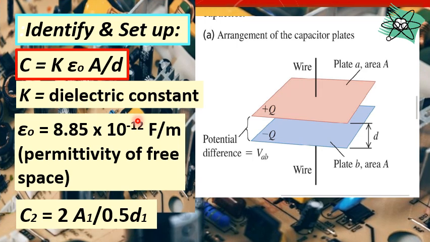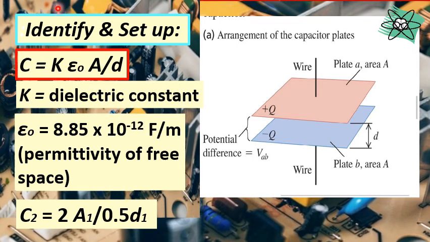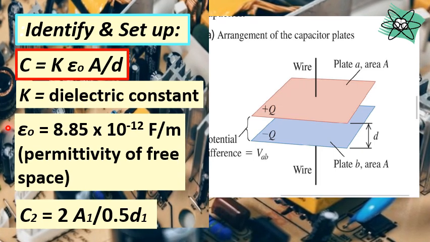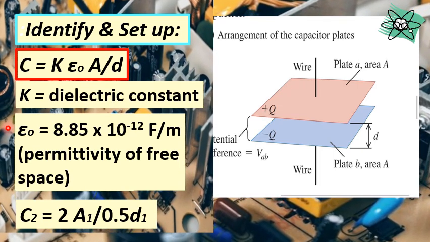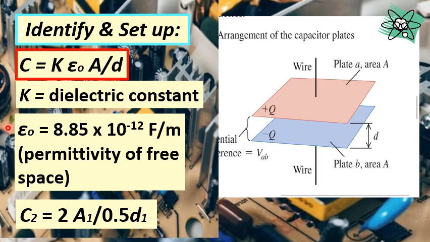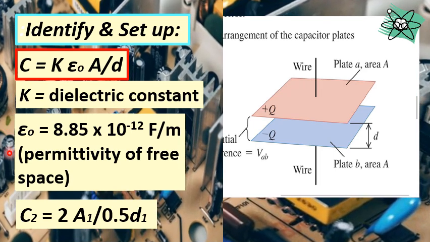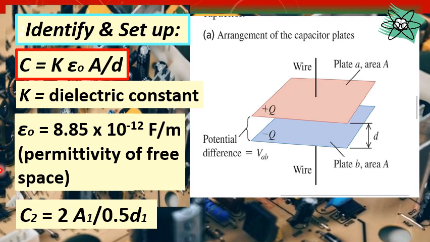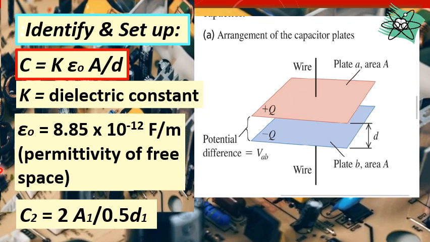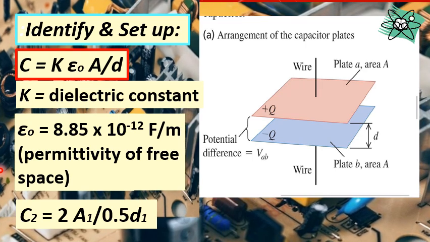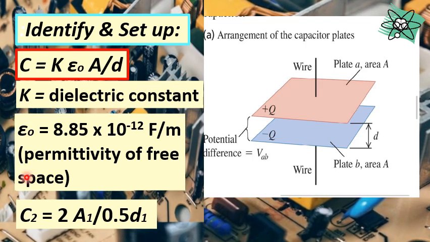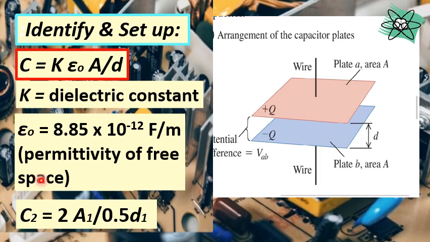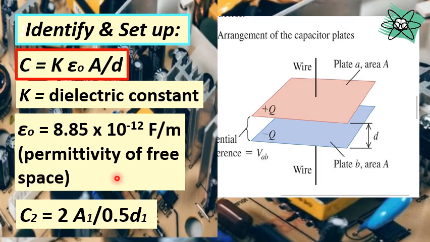And that will be divided by, because according to the formula, the distance is in what we call the denominator. So if you're going to divide the distance by 2, it's just like saying that we are multiplying the distance by 0.5. Alright? And the effect of that is